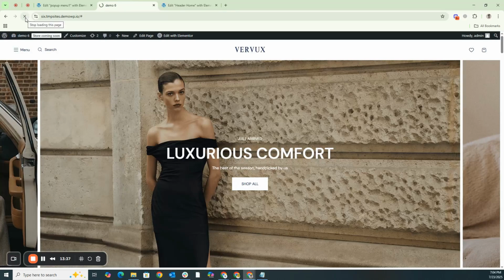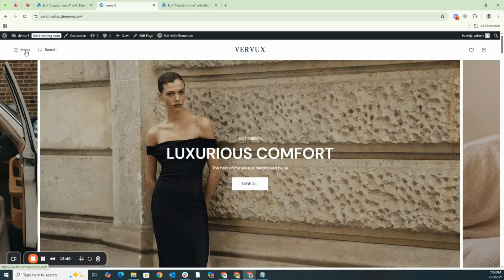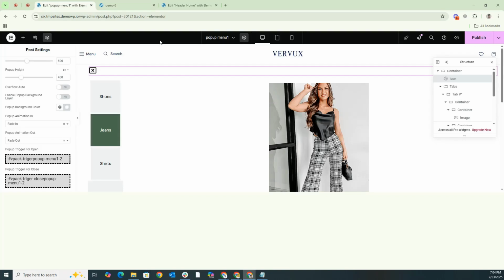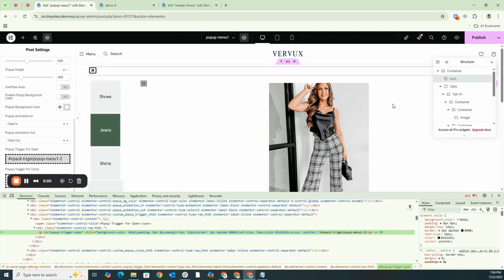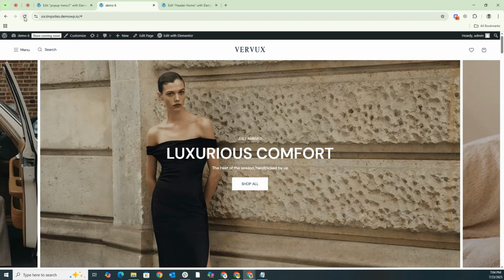After making these changes, you should publish your page to ensure all modifications are saved and applied. When you reload your front-end page, you will observe that the menu you have assigned will begin to function. However, when you initially click on it, you might notice that your menu isn't appearing as expected. You might wonder, why is that happening? The primary reason is that even though we copied the menu ID, we did not publish it immediately, which means we failed to save our settings properly.